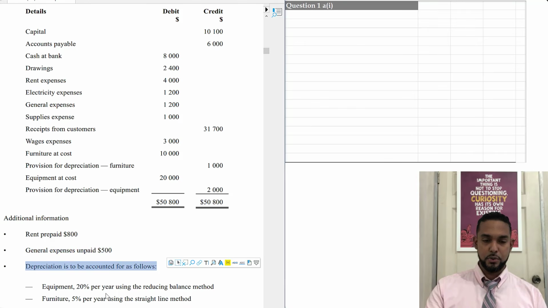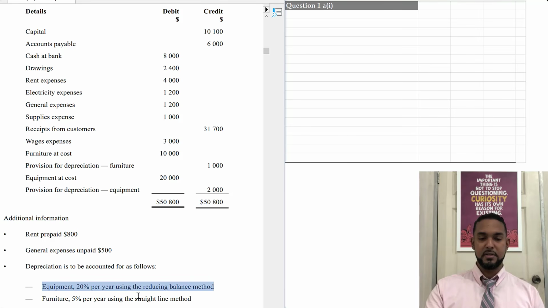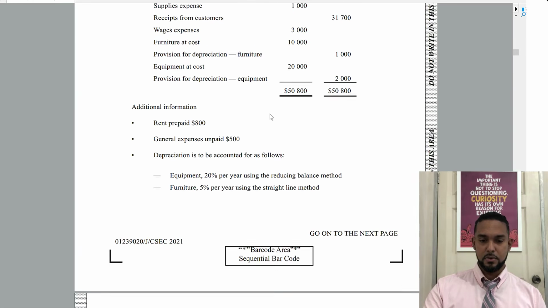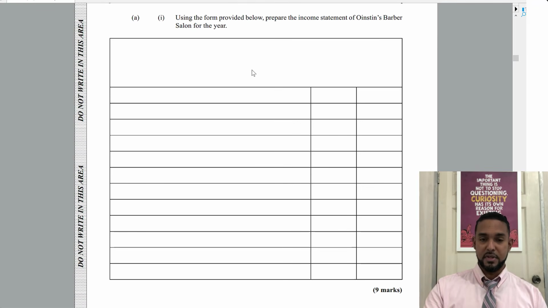Now, depreciation. Okay, so we have 2 non-current assets, and we have 2 different methods here. So for the equipment, it says 20% using the reducing balance, right? And for furniture, we have 5% using the straight line method. All right, so let me maximize the screen and let me scroll down just to show you guys there's no other additional information, but there is, as you